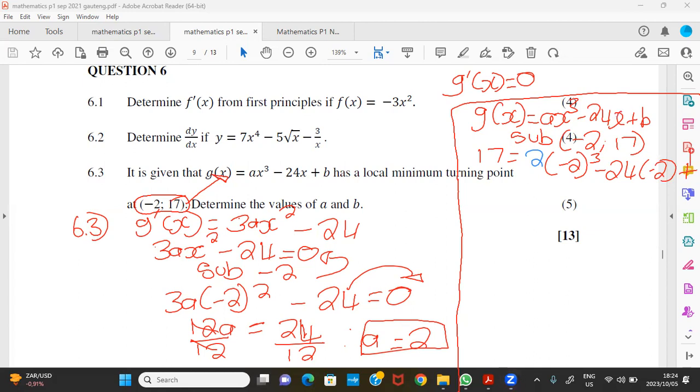Okay, this is not visible. Let me just make that sharper. So now we have 17 is equal to, so minus 2 all cubed, that's -8, and then -8 times 2, that's -16. Then now we have -24 times -2, that's going to be plus b. So to find b, we're just going to